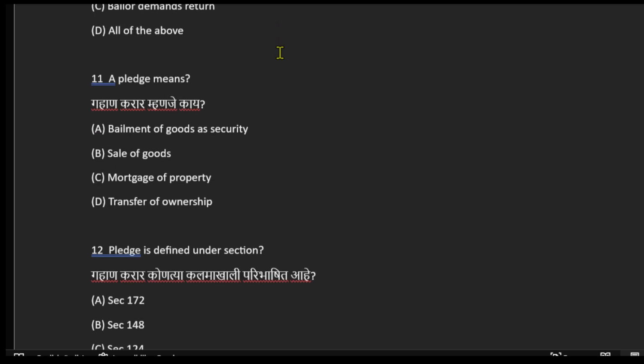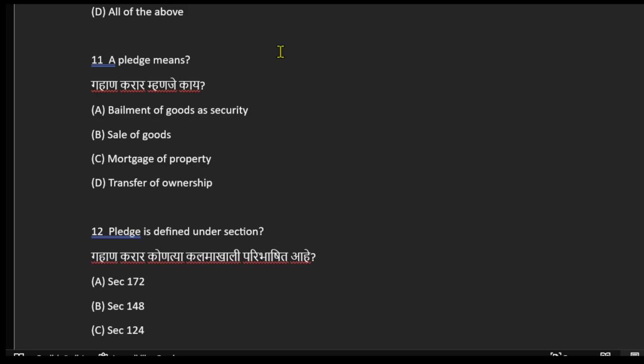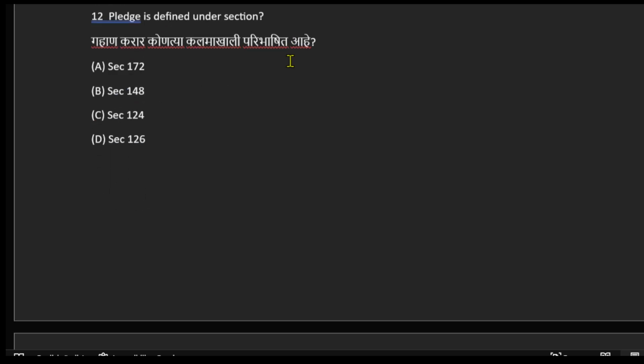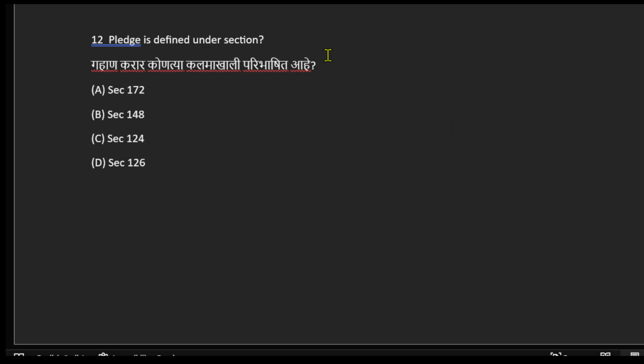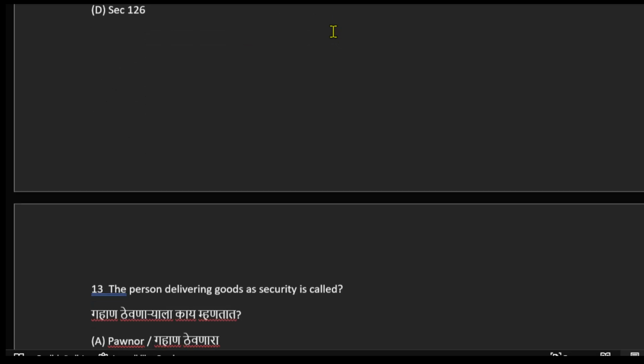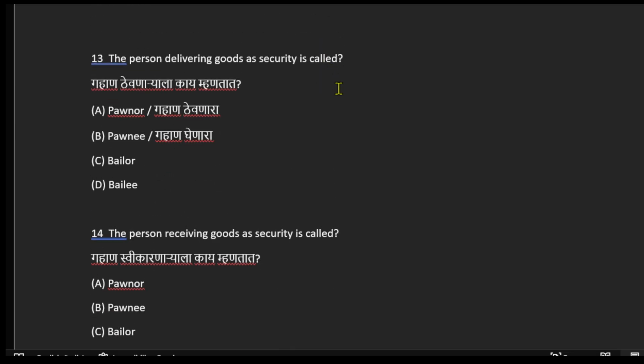11. A pledge means sale of goods. 12. Pledge is defined under section 172. 13. The person delivering goods as security is called